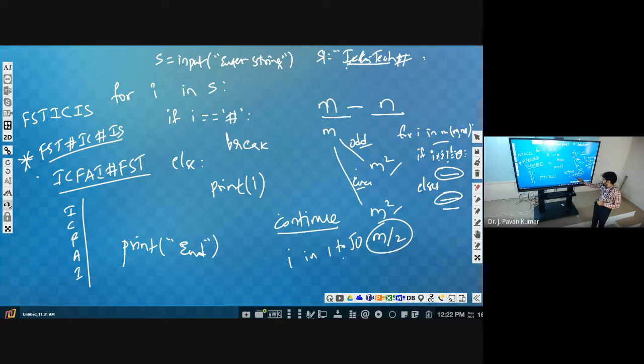Whenever it is a prime number, we don't want to display factors of it, because we know what the factors of a prime number are. If it is other than a prime number, then only we want to display factors. Overall, what is the program here? From 1 to 50, for every number, you need to display factors.